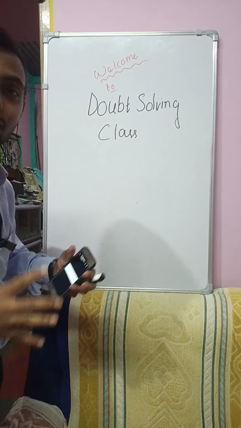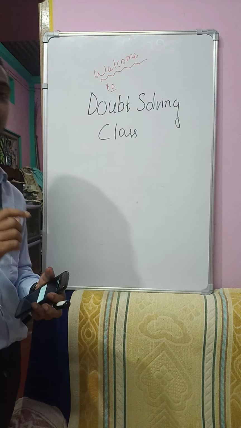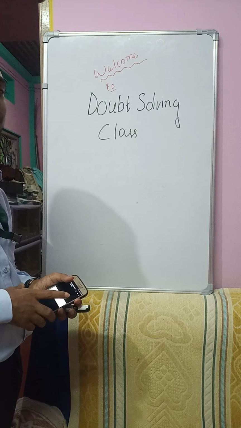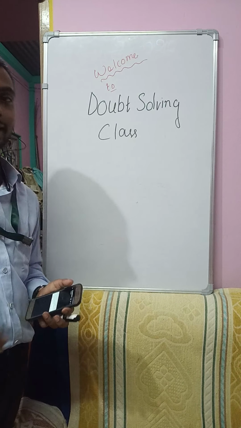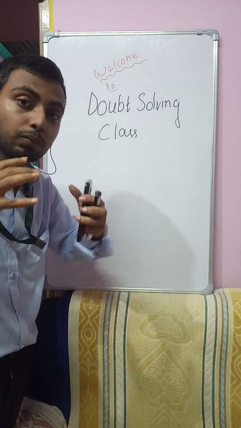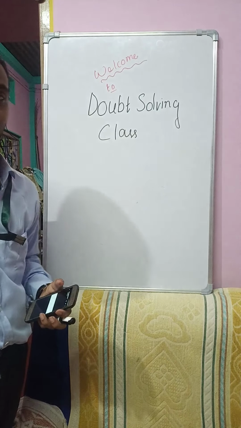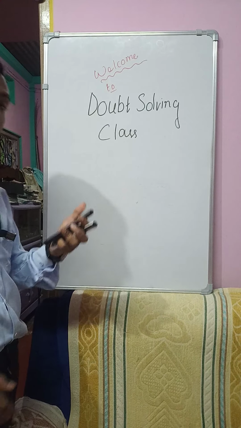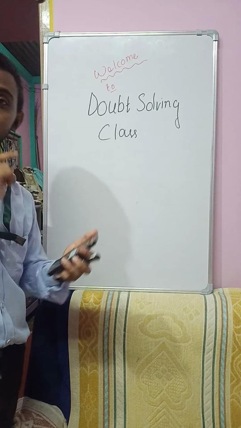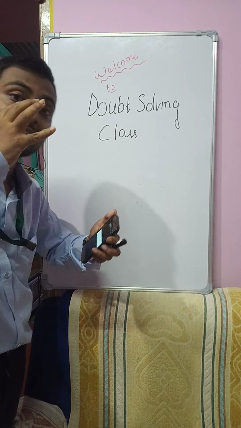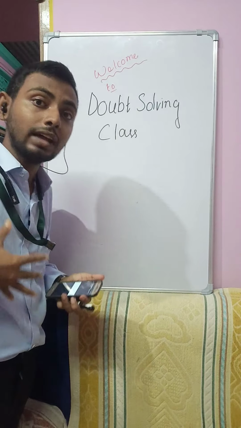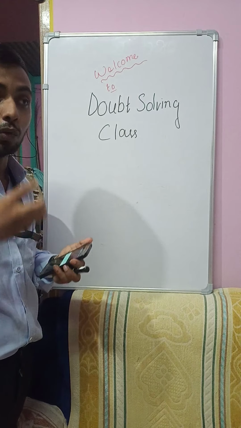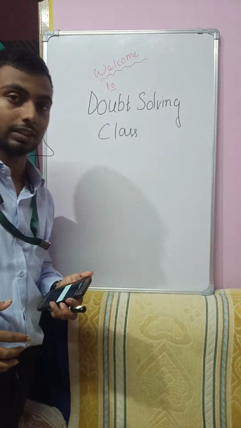So in this class we have two doubts basically from civil engineering topic. The first topic is from fluid mechanics, which is a very important subject of civil engineering. And the question is of Bernoulli's theorem. So first we will read the question, then we will analyze the question, that what is actually asked in the question, what are the informations given in the question.